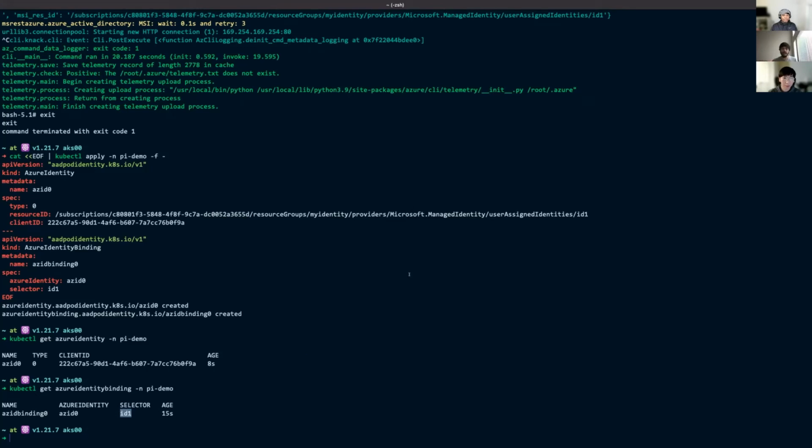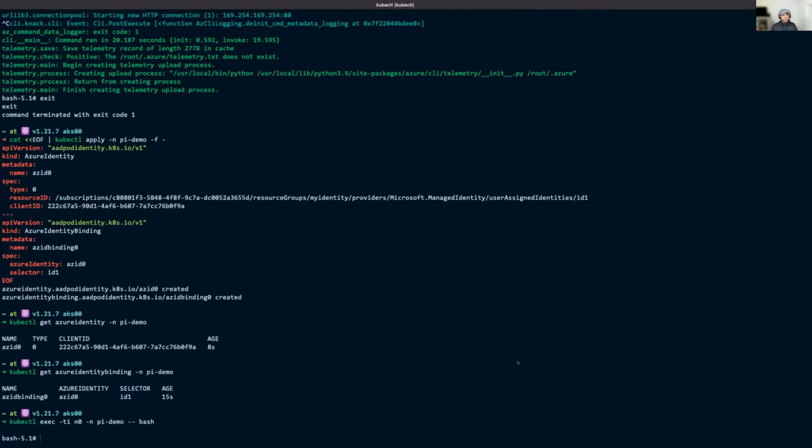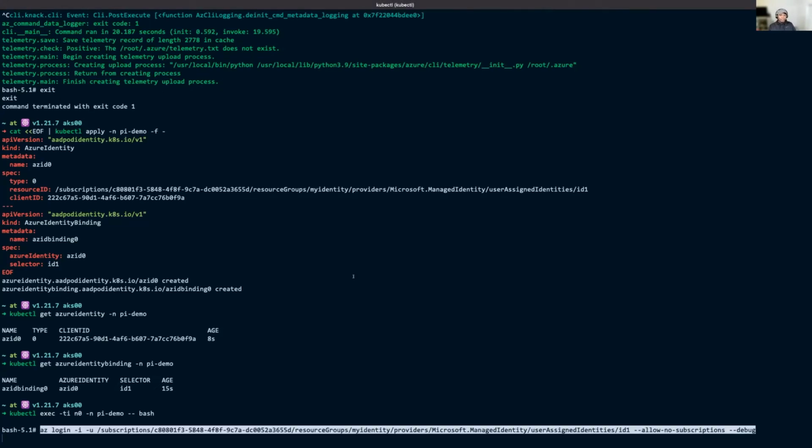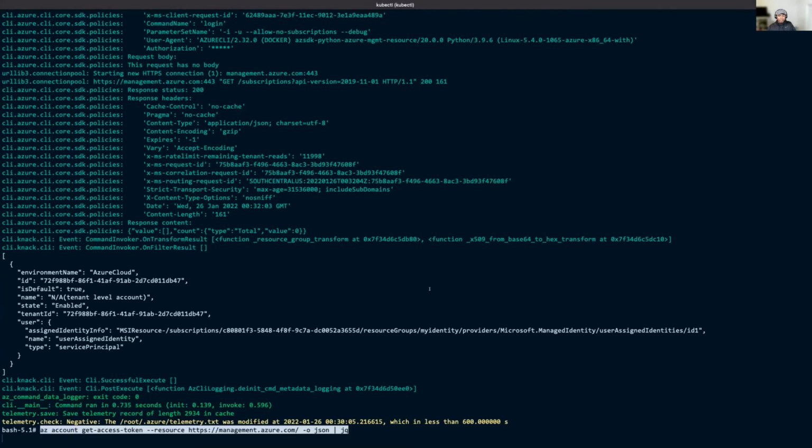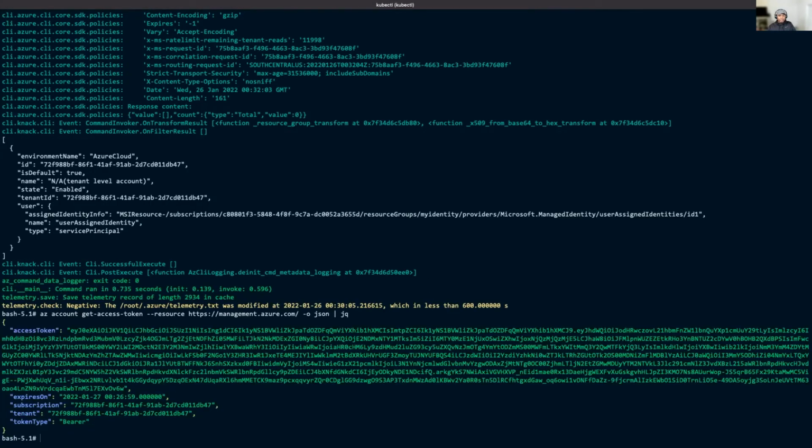So now let's try to get back into the pod. And then let's run the same AZ login command that we ran before, which failed with pod identity. So now that we've configured pod identity, this should hopefully succeed. So as you can see, the AZ login worked fine now. And then if we do AZ account get access tokens, we can see that we were able to get an access token. So we have verified that now with the Azure Identity and binding, we were able to get a